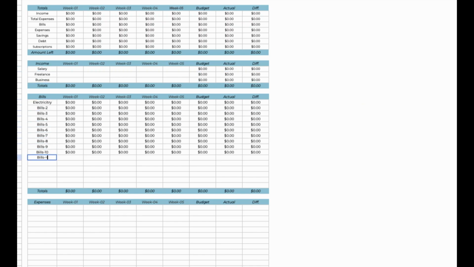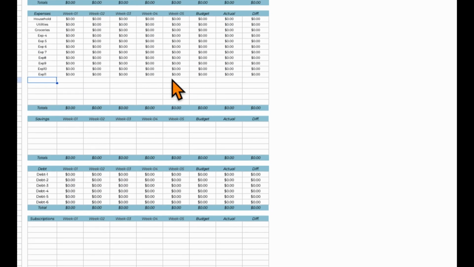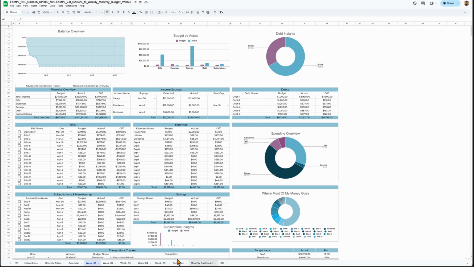We'll start with the heart of the planner, the monthly total sheet. Think of this like your master setup page. Here, you'll enter all your financial categories just once, and the sheet will smartly carry them over to your weekly